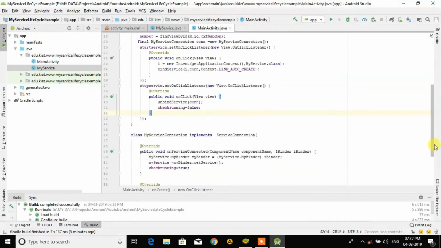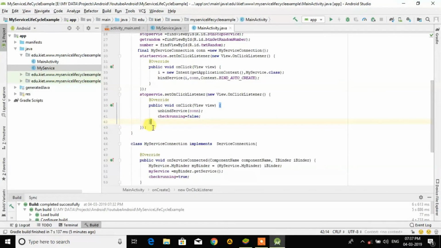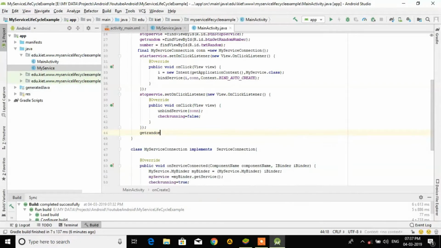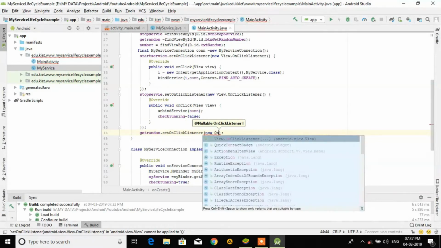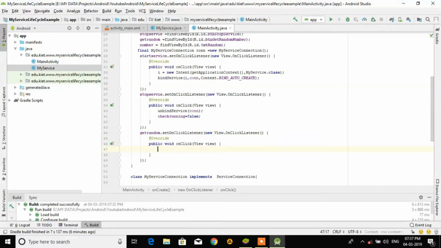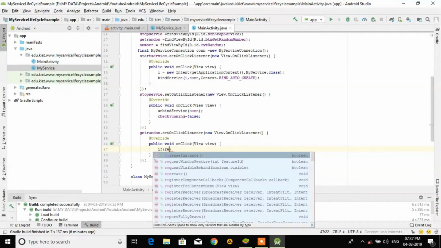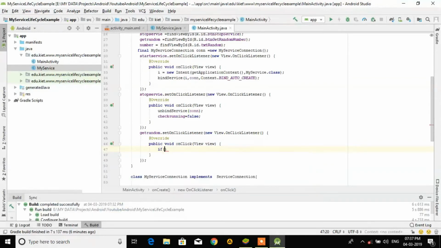Okay, so now this is done, and what we have to do now is display the random number. For that, we have to write the code for the random number also. So we are saying here getRandomNumber.setOnClickListener, new OnClickListener, and here we have to get a random number if the running status, checkRunning, is true.